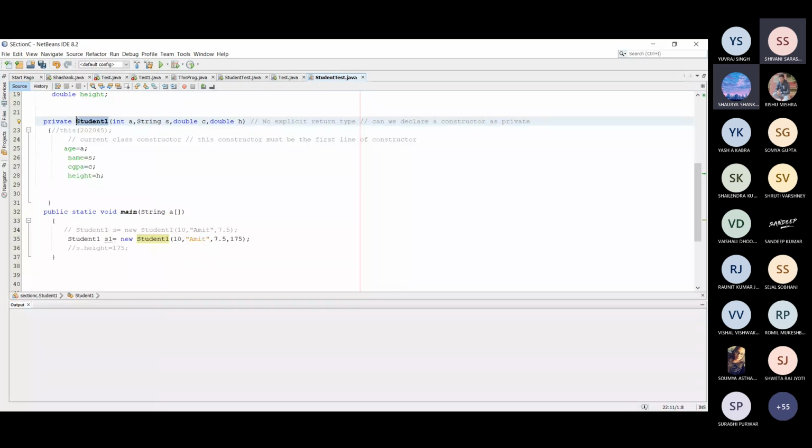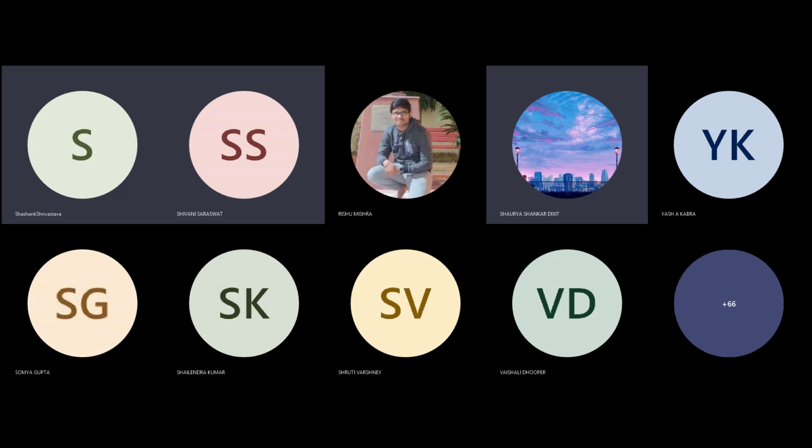But actually in object oriented programming there is a significance of private constructor. There is a case. I will stop sharing and share the board again.